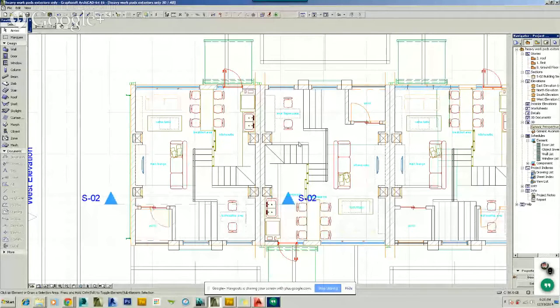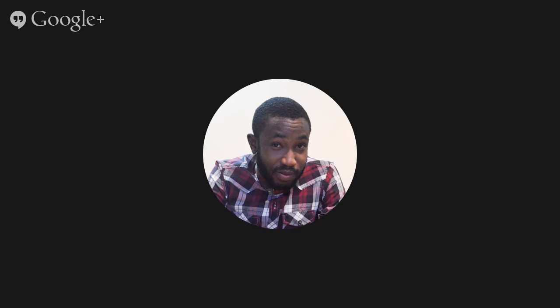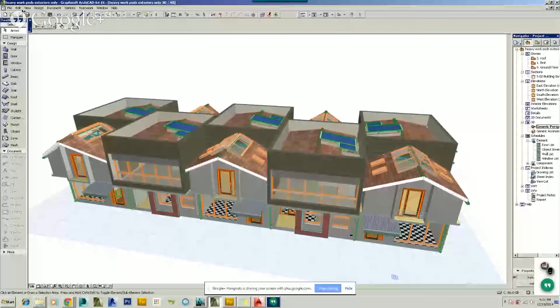So when I open my ArchiCAD, just like in SketchUp, I can orbit around, and when I'm done with my model and I'm ready to export it to other applications, what I just do is I just